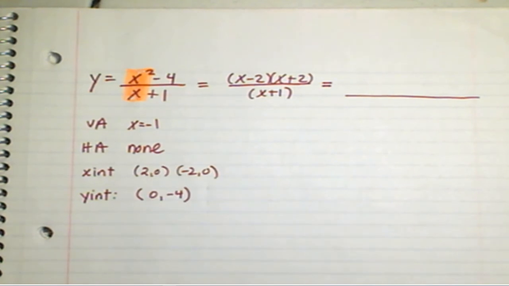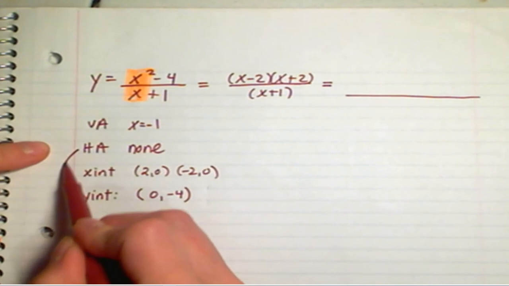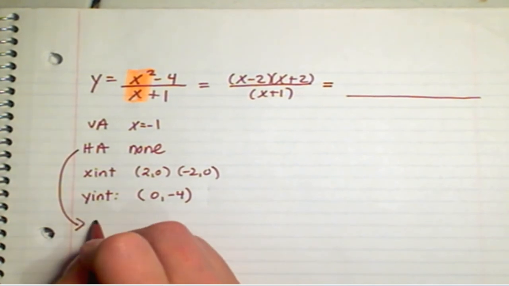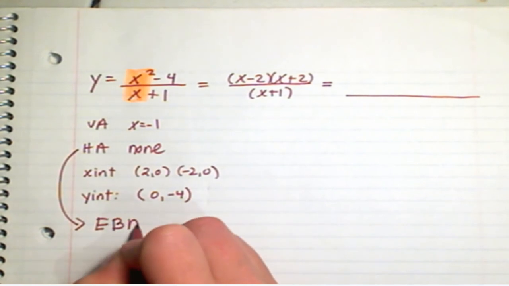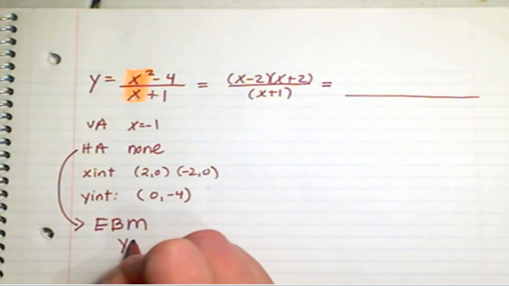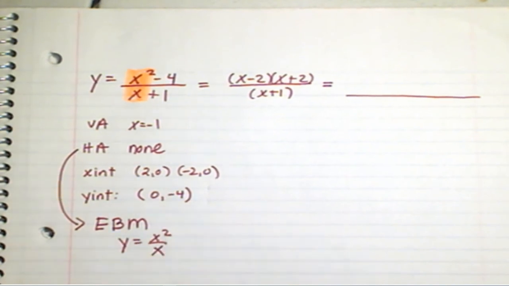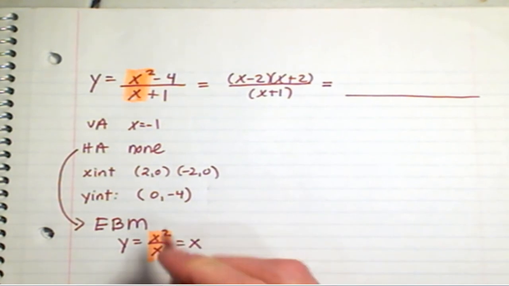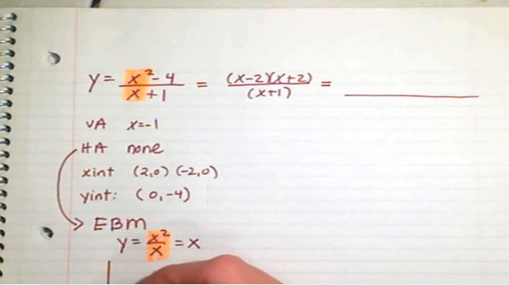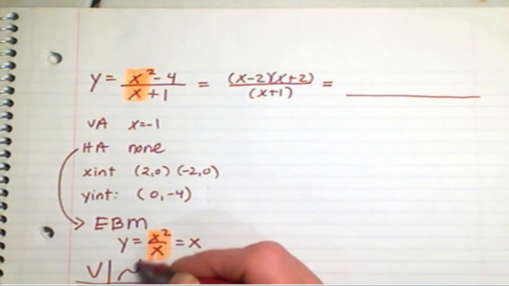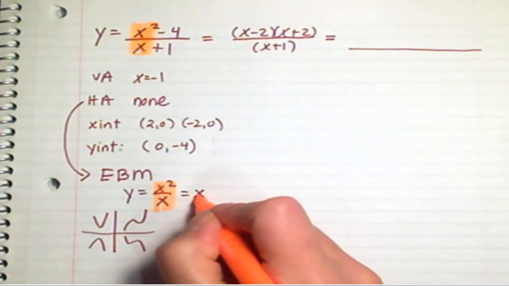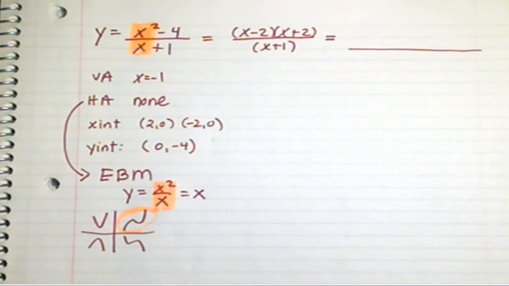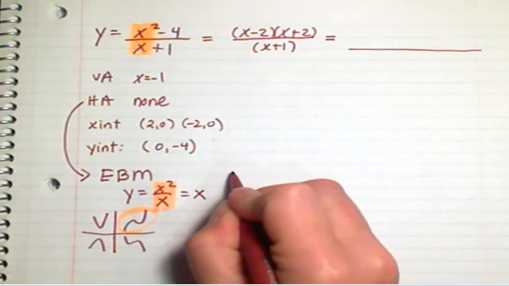All right, so now that we have none, this is going to turn into an end behavior, which means end behavior model. I am going to look at just those leading terms, which reduces to x. And then I have my little chart here, right? And I have to figure out which of these charts matches this particular. Okay, so it's this one, which means my end behavior is